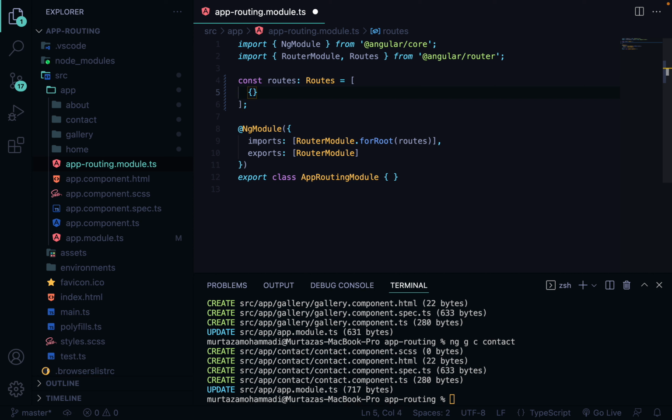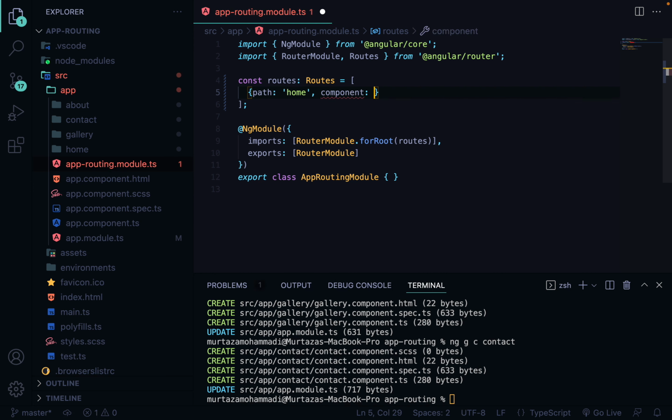By using path, it defines the path. For example, I'm going to use home, and comma, and now you should define your component. If you click on home, what should be displayed? By using component and the name of the component, HomeComponent,